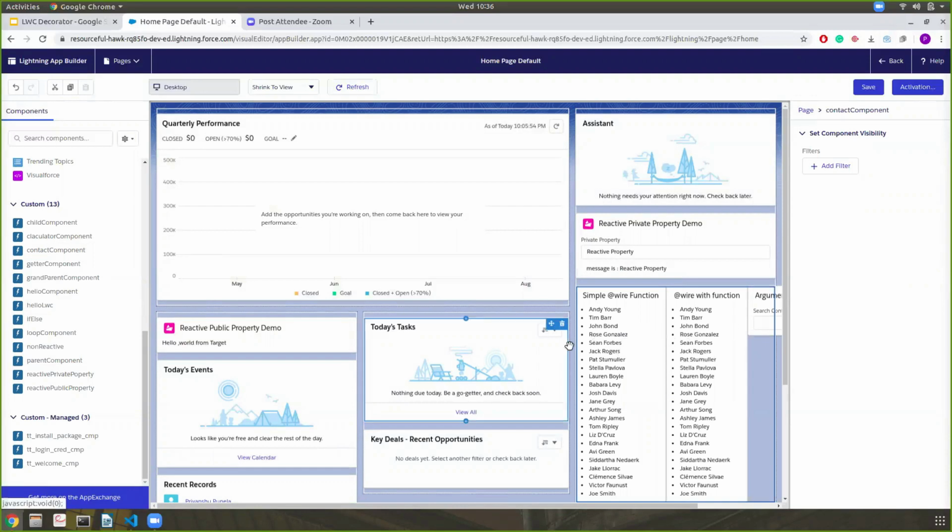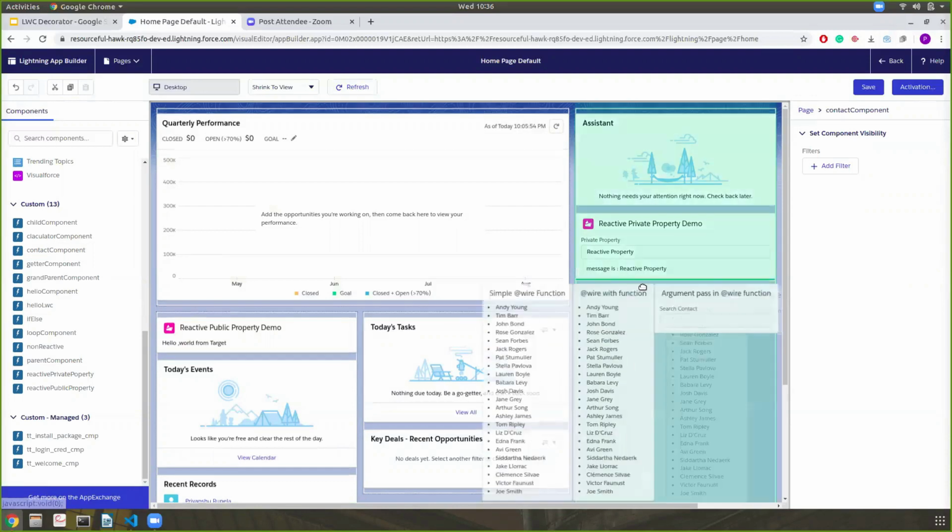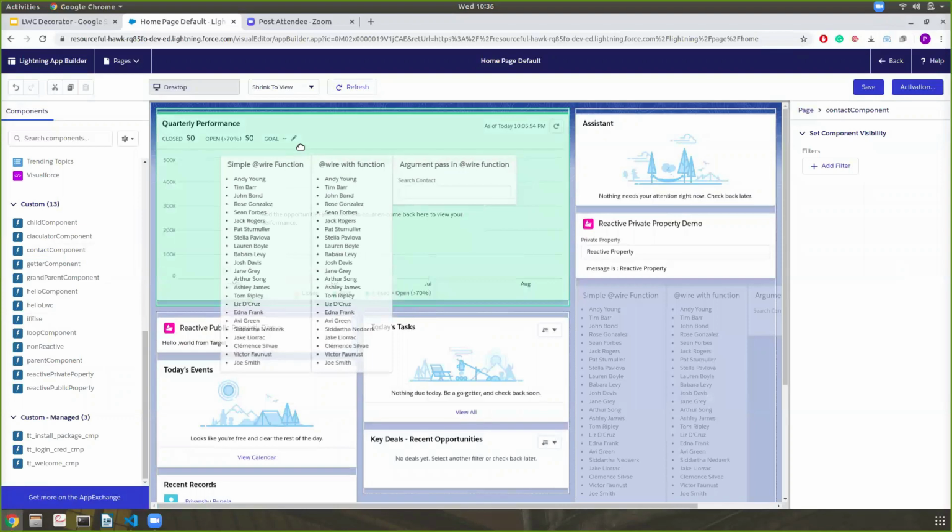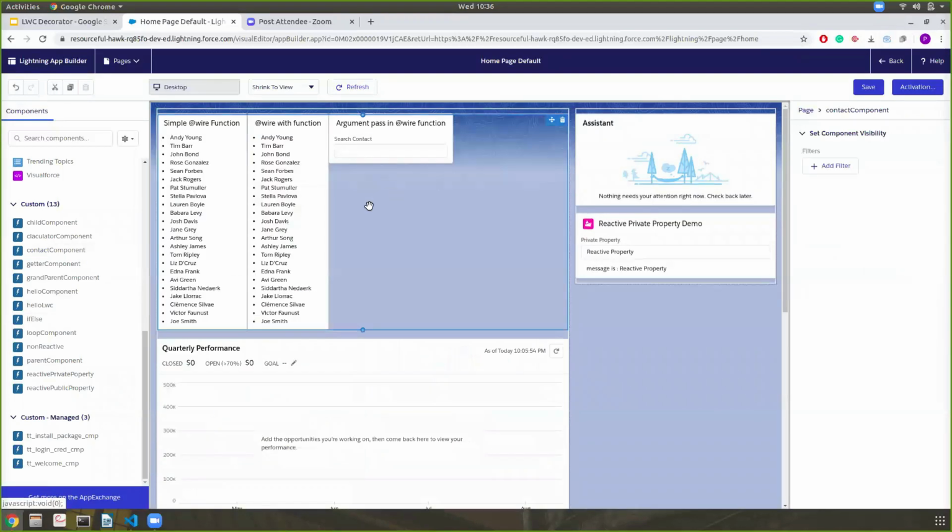I have to display this component here so you can easily understand. Yeah, save this edit page and go back to the home page.